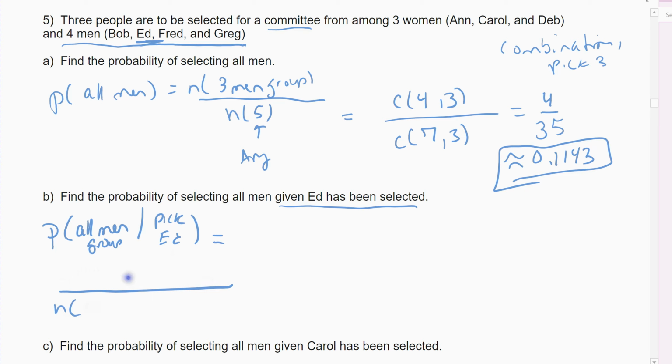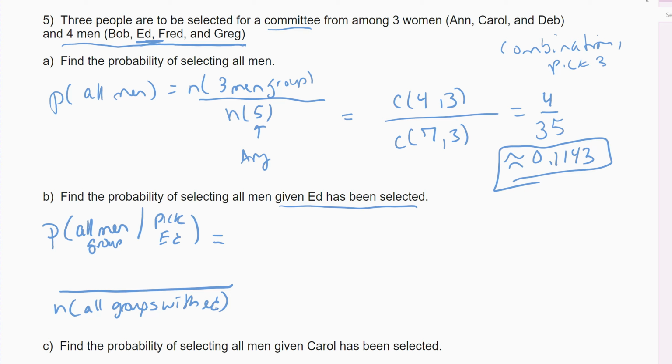Alright, so in words, we'll start at the bottom. This would be, again, the condition. What do I know? I've picked Ed. And so these would be all our groups with Ed. All of them. They can contain Ed with men or women. Now, again, it's a subset because some groups contain Ed, some groups didn't contain Ed. But we're looking at the subgroup of all of the groups where we've picked Ed, where Ed has been selected